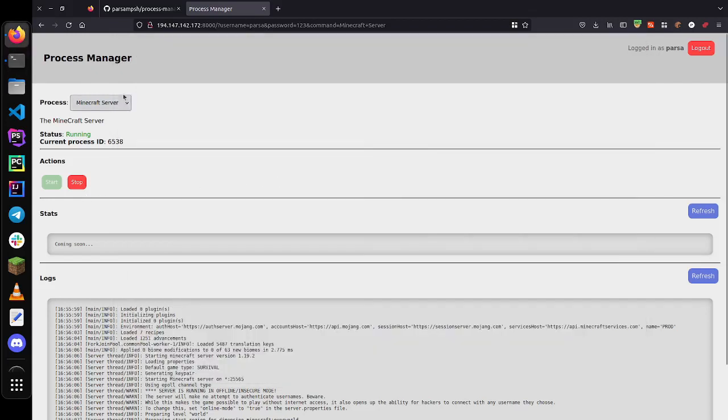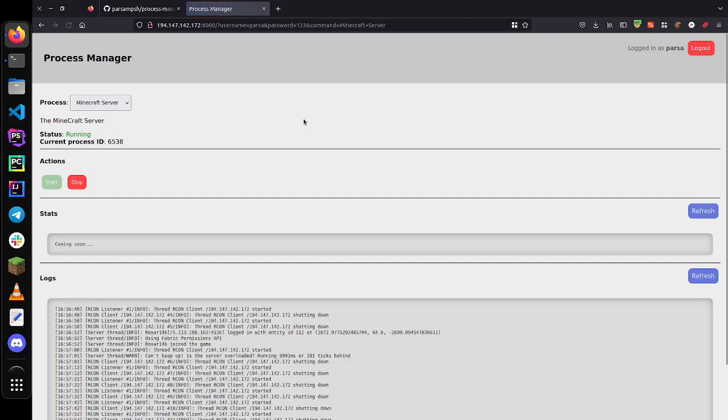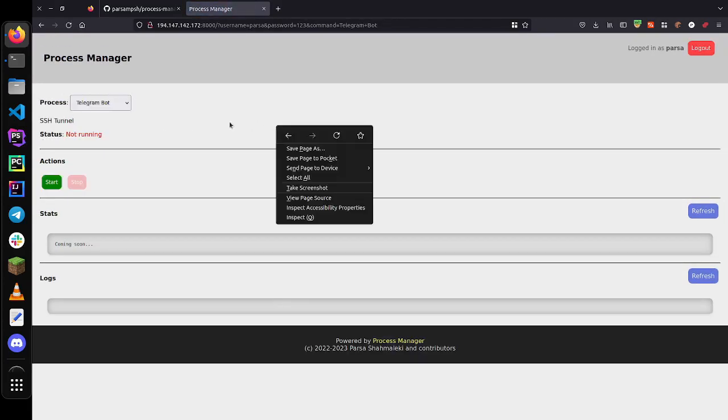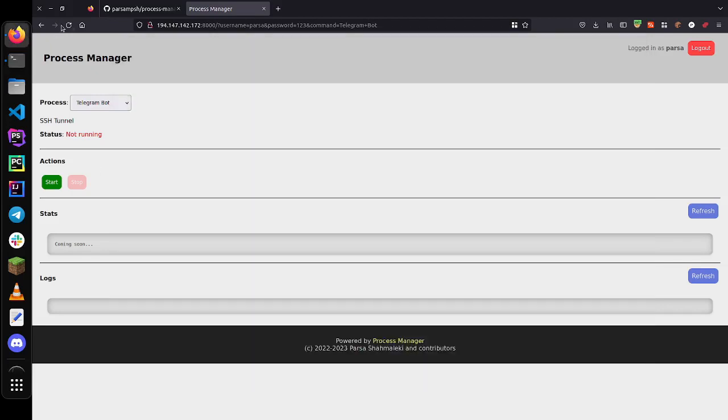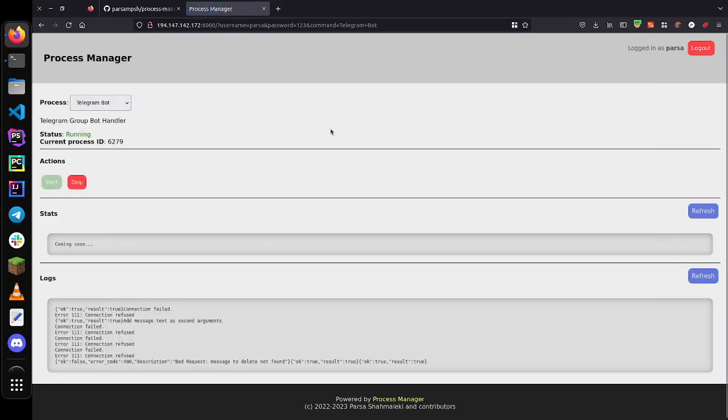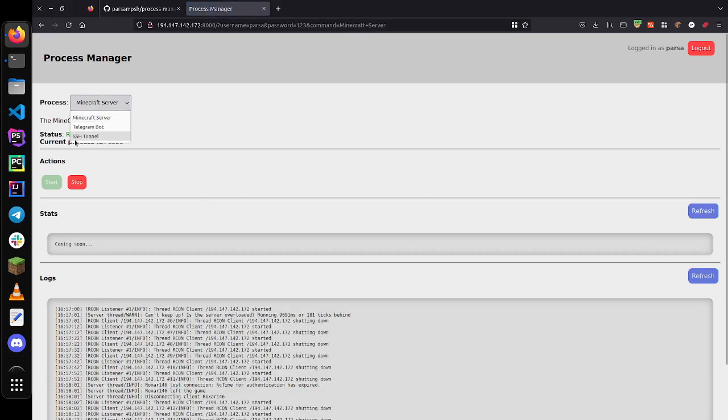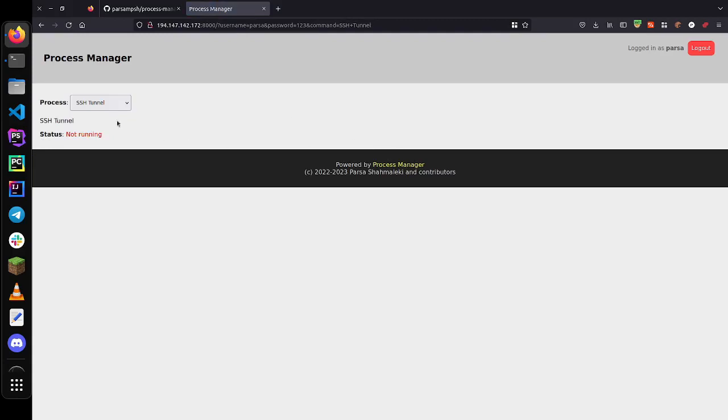So let's get back over here and refresh. As you can see, the Minecraft server is up and running. I've got the Telegram bot too. Let me call it SSH tunnel. Perfect. Yeah, the Telegram bot handler is running, Minecraft server is running, but SSH tunnel is not running, and